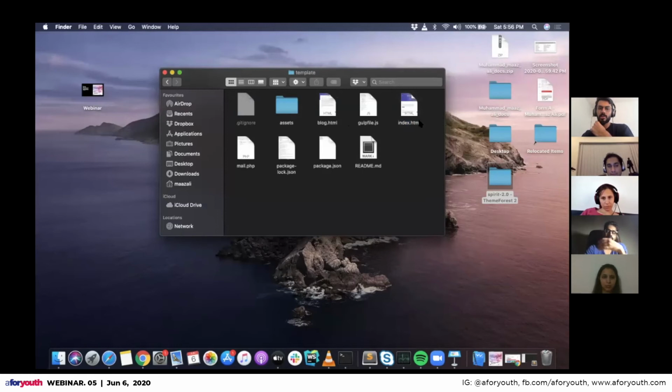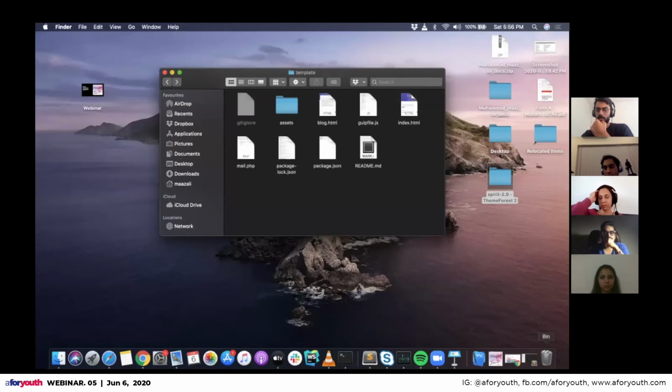Since this is a one-pager website, you will find all the information in this index.html page, and you don't have to worry about all the other files in there. You just have to edit this index.html page.